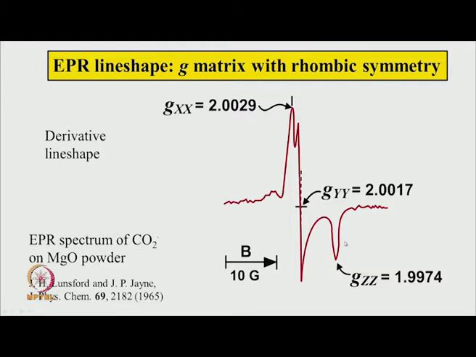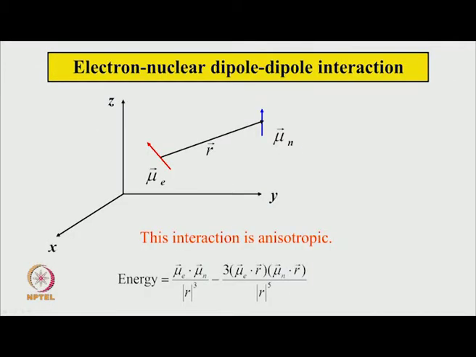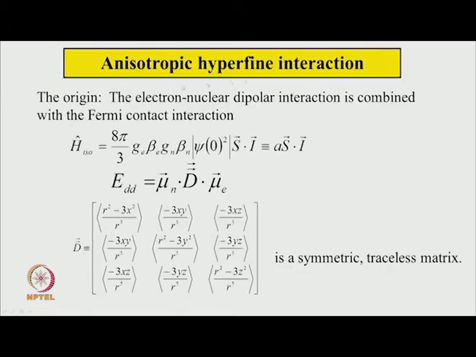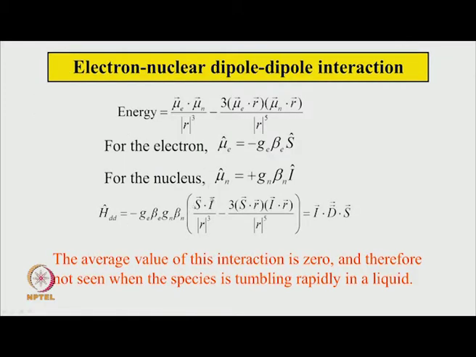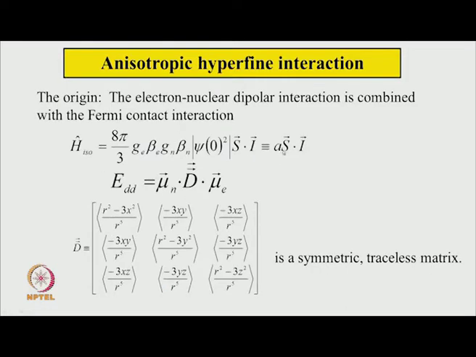Okay. So, with this, now we take the next item, which is electron nuclear dipolar interaction. We have seen this is the interaction which is highly direction dependent. On the other hand, the isotropic part is given by this sort of expression. Dipole-dipole interaction is this. So, both of them have this type of S dot I interaction. This also has S dot I.